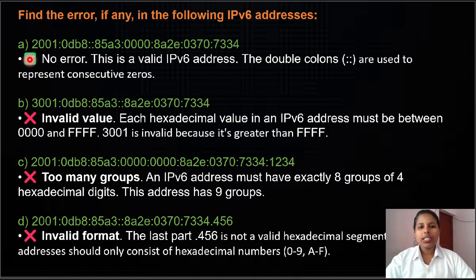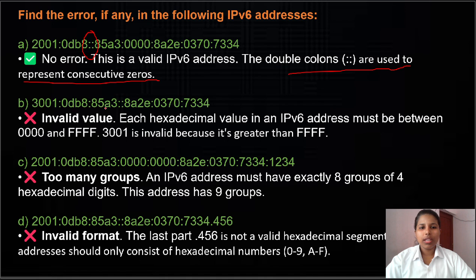So there is no error, this is a valid IPv6. The double colon is also here, we can see that there is a double colon. A double colon is also used to represent consecutive zeros. In the next one we can see